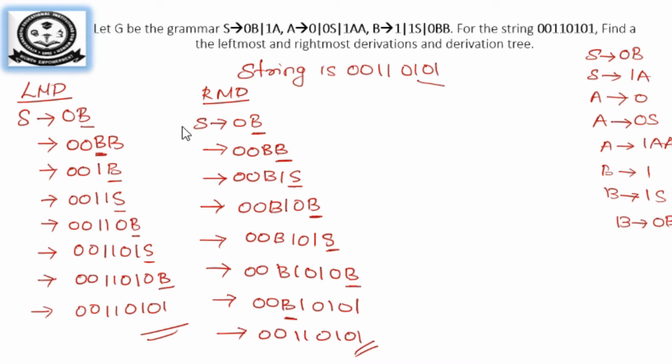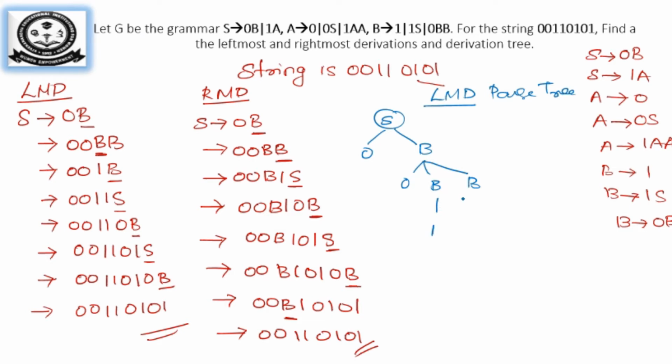So to draw the derivation tree, you can use an LMD or RMD. So I am going to use an LMD over here for my derivation, that is my parse tree. Okay, so for the parse tree I am going to use an LMD. So we start with S. So S is given with 0 and B, and for B I have substituted 0BB. So I will use 0B, then B. So for this B I have substituted 1, so I have 1, and for the next B I have substituted